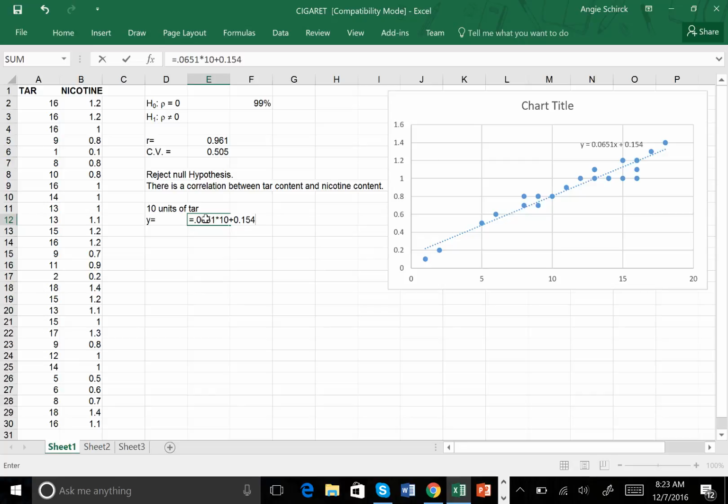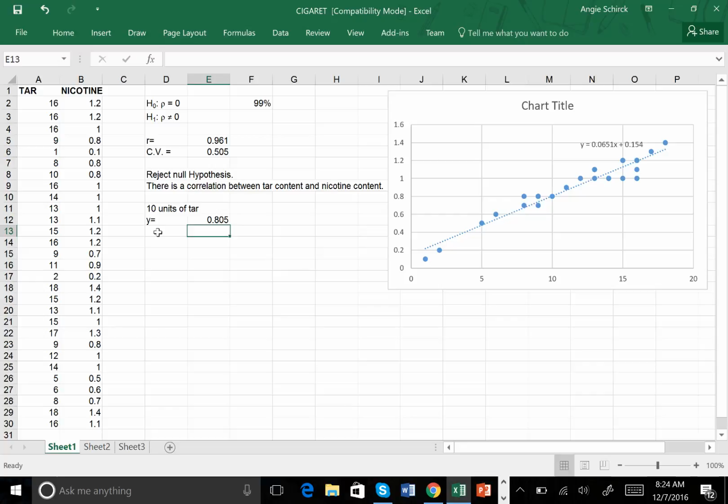Okay, so again, we're just plugging 10 into our regression equation here in place of x, and this should give us a prediction for the amount of nicotine, which would be about